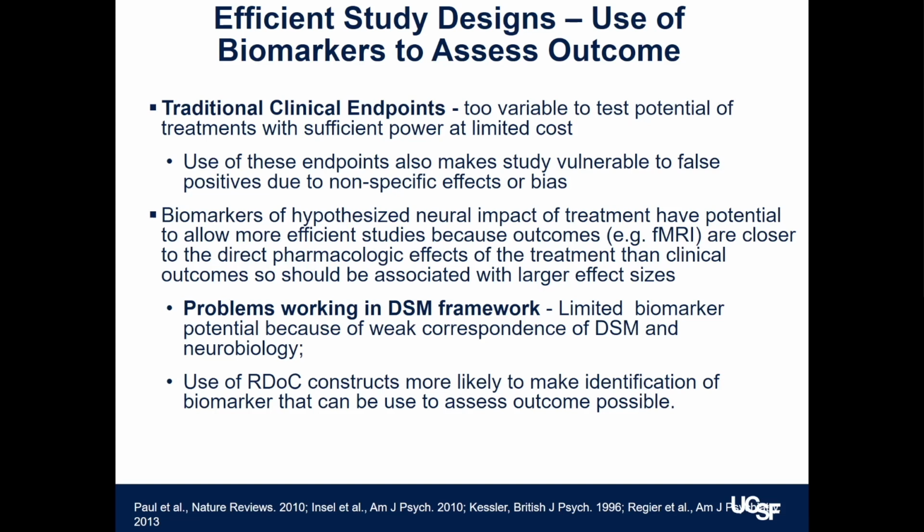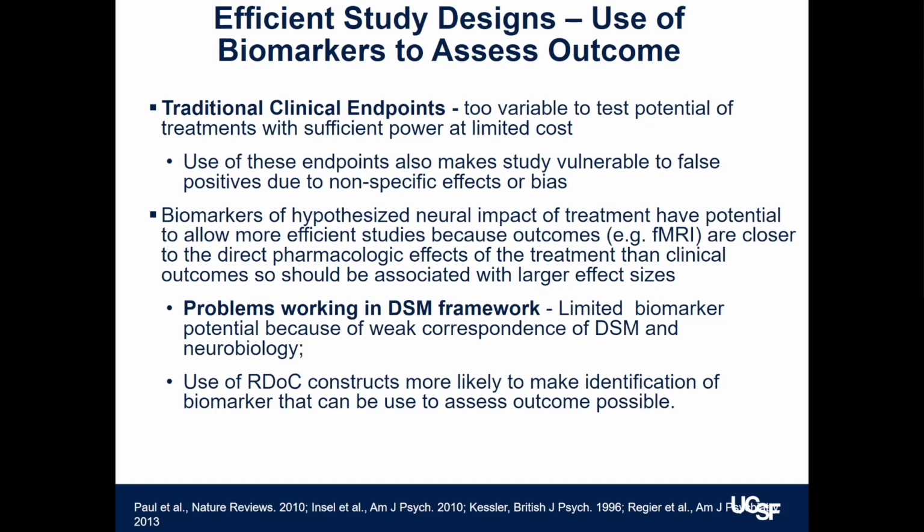And so some have hypothesized, there's a number of publications that have argued this, that you could potentially do studies with smaller populations, particularly in earlier phases, when you are trying to determine, is there something here of value, that you could do that using a biomarker that's part of your hypothesis about how a drug works, that's relatively close to the biological effect of the drug, and cut down the sample size and be more efficient.